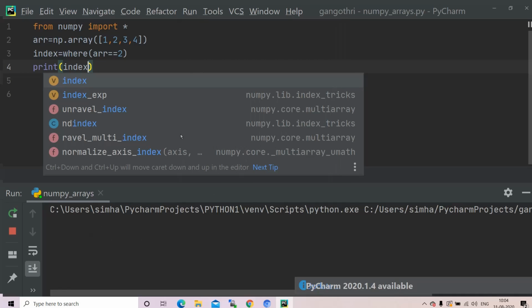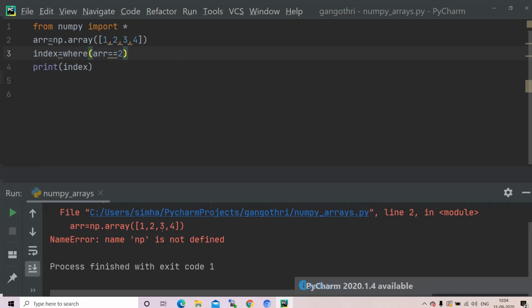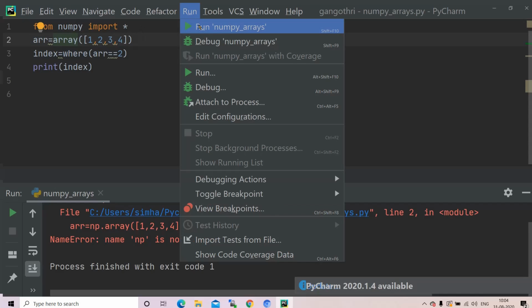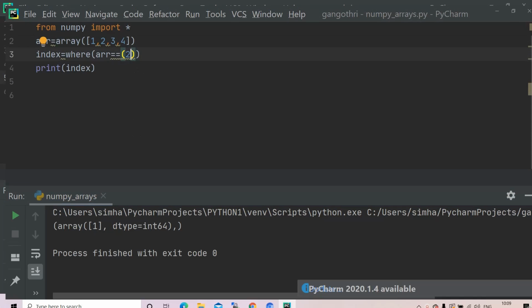Okay, run numpy arrays. Oh, sorry, here I haven't used any np, right? So I'll remove this. Yeah, it has returned an array of 1 with data type int64. It is nothing but an array containing all the index values where the value is equal to 2. Now